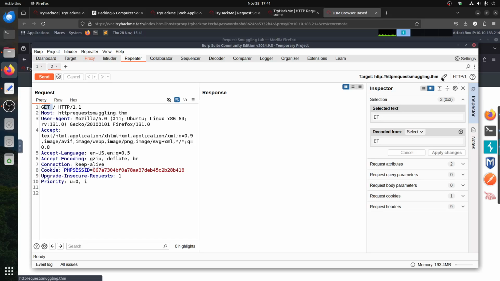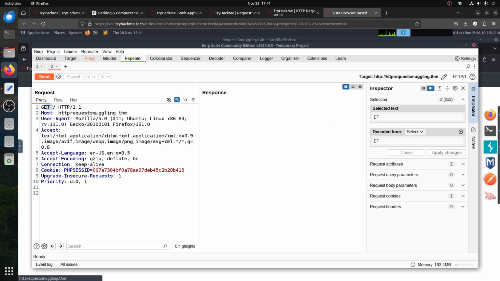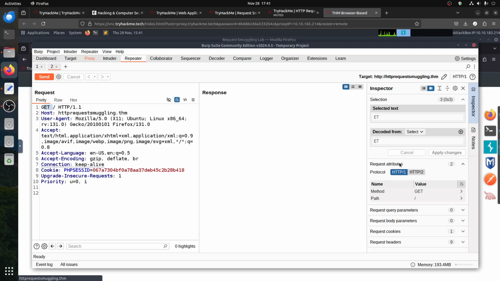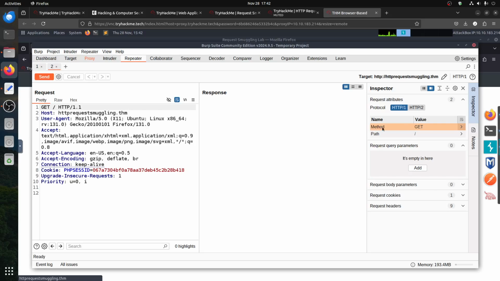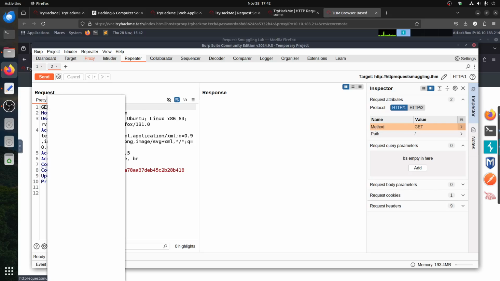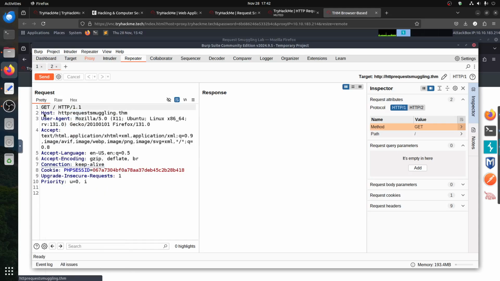Why doesn't it allow me to request up? We are in HTTP 1, you can change. We're not doing HTTP 2 because it will not work. We can put it HTTP 1. I can change, for example, because we're doing the value, we can copy and paste from change request method automatic to